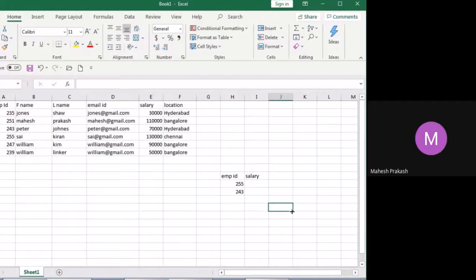But if you have more than 200 or 300, it is difficult to go and search separately. Imagine you have 1,000 rows and he's giving you 50 rows to search for the salary. At that time it will be difficult, but with a small table it is easy. But I'll show you how to search for it. So we look up.